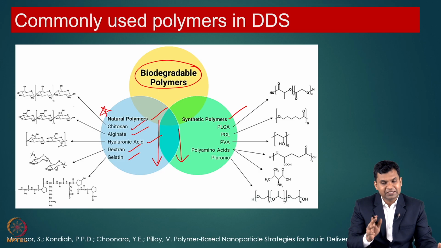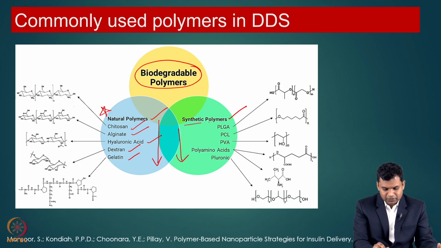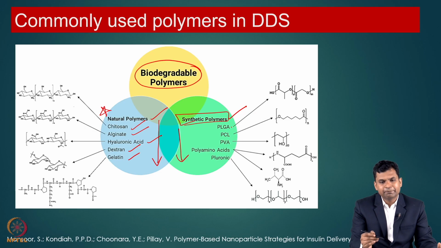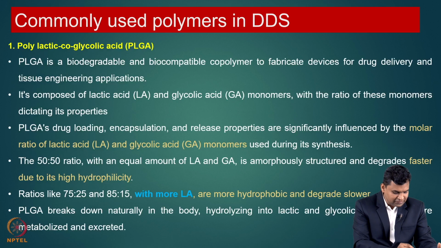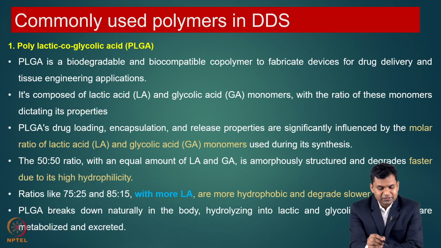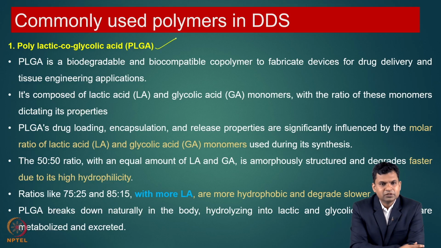We use it in the drug delivery and tissue engineering applications. And these are the synthetic polymers: PLGA, polycaprolactone, polyvinyl acrylate, polyamino acids and the pluronics, which can also be used in the drug delivery applications. So, here we are going to discuss particular polymers and their properties and how they will work in the body. So, here first the most commonly used polymer,